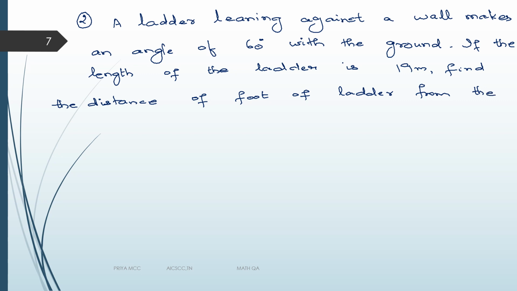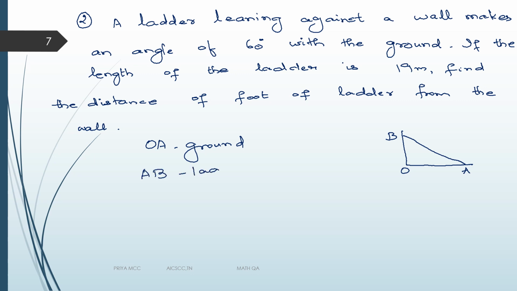Okay, so what are the objects in question? What do you need for the right angle triangle here? Yes, let us learn how to draw the diagram here. A ladder leaning against a wall. So there is a wall here and there is the ground. The ladder is leaning on the wall, right? So call these O, A and B. So OA is the ground, AB is the ladder, OB of course is the wall.